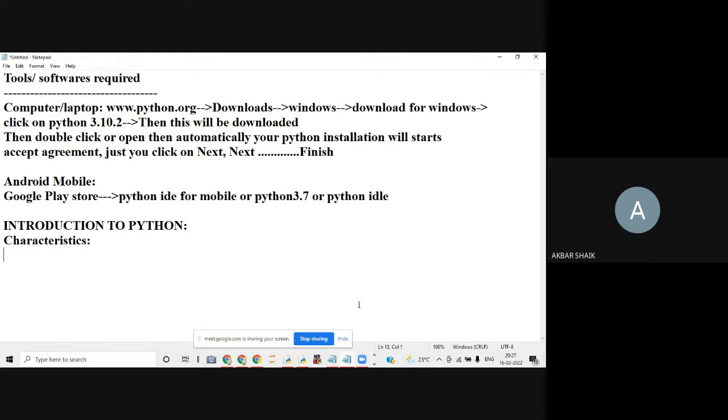Okay. So what is meant by characteristics, or what is meant by properties? For example, you want to learn Telugu language, or Tamil language, or Malayalam language. If you want to learn any language, whether it is Telugu, Malayalam, Hindi, English, whatever may be the language, in general we'll start from alphabets. In Telugu we'll start from A, Aa, E, like that. In English we'll start from A, B, C, D,